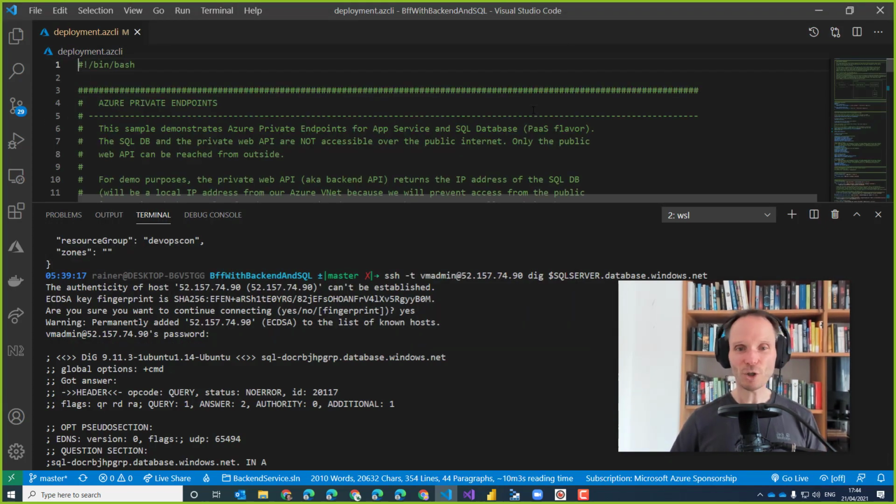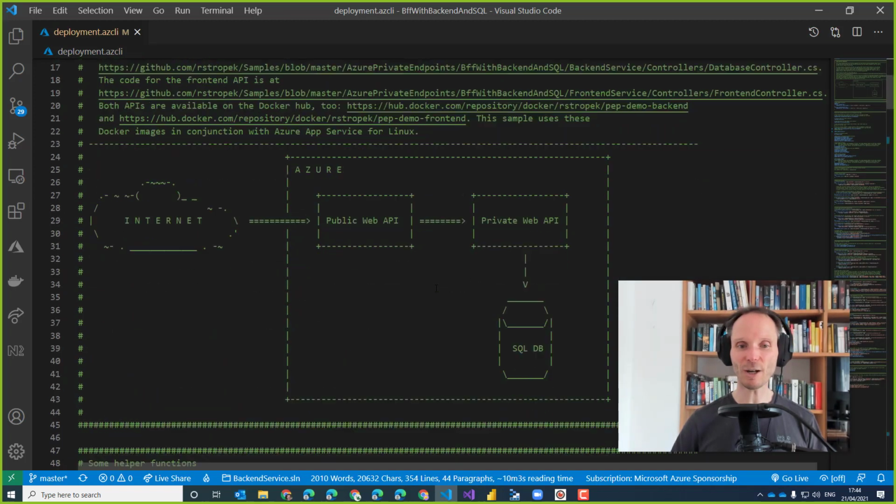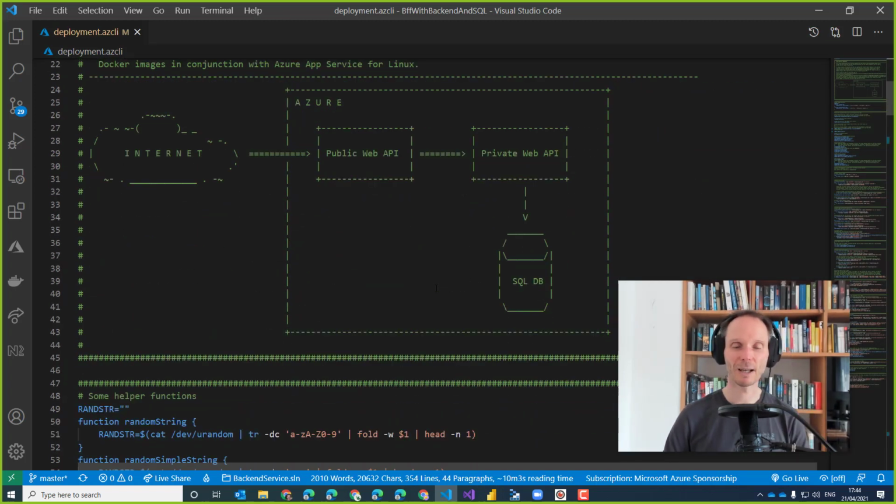So what should you take away from this demo that we did here in the last 45 minutes? You should take away with you that private endpoints are a way of embedding a private IP address in a VNet, an addressable IP endpoint for PaaS services, platform as a service services, which don't belong to you.